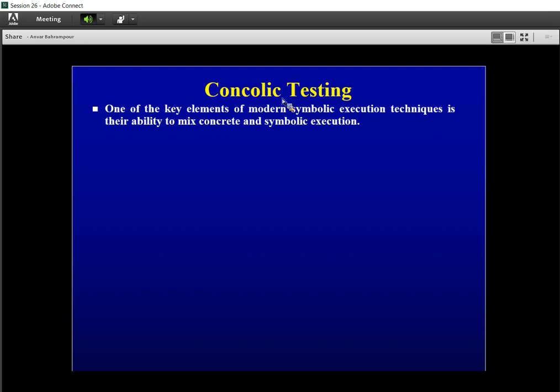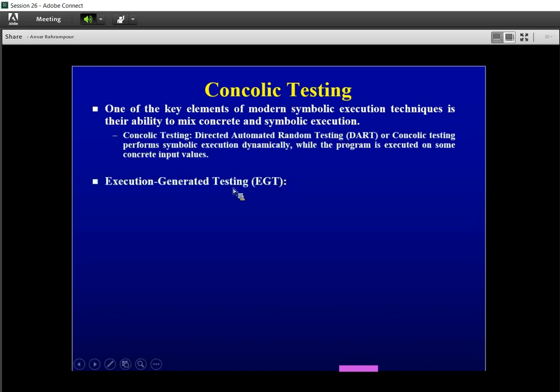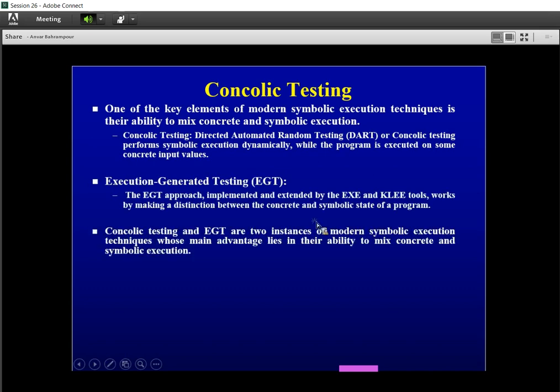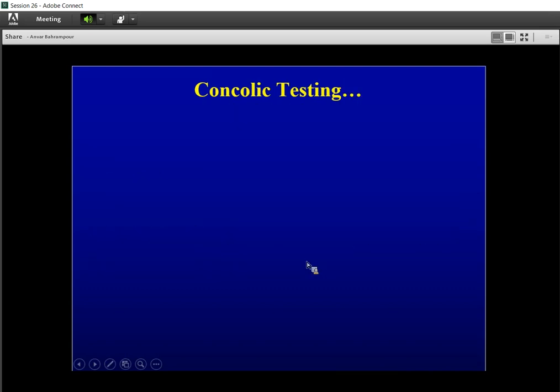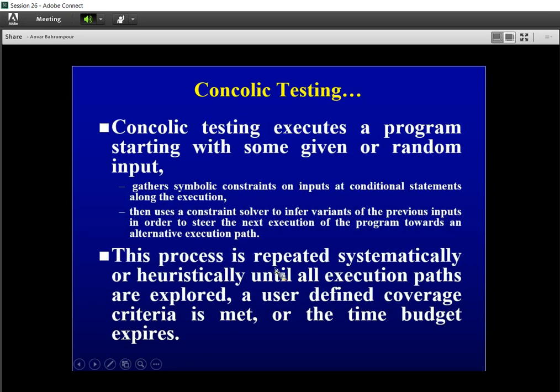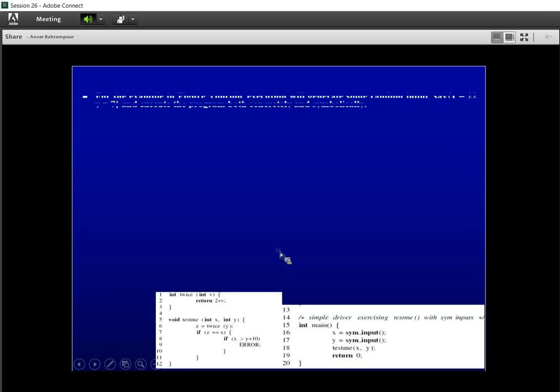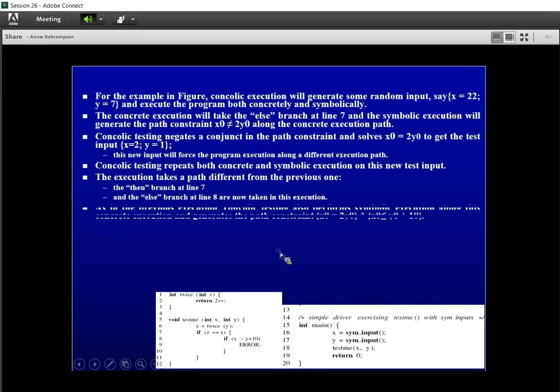Okay, this approach is named concolic testing, and we want to skip the advanced features of concolic testing because we do not have enough time. And the last,